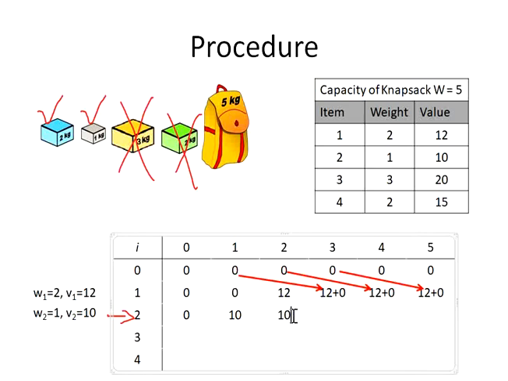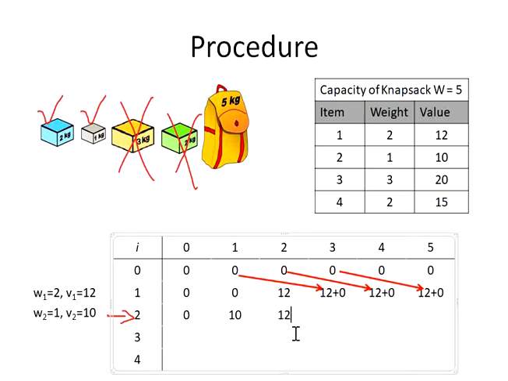What is the value of 1 kg in the previous row? The value of 1 kg in the previous row is 0. So I have to add the 0 to the present row and compare with the previous row. So 10 plus 0 is 10, compared with 12. 12 and 10 are compared. Amongst these two, 12 is the greatest value. So this 10 plus 0 will now become 12.